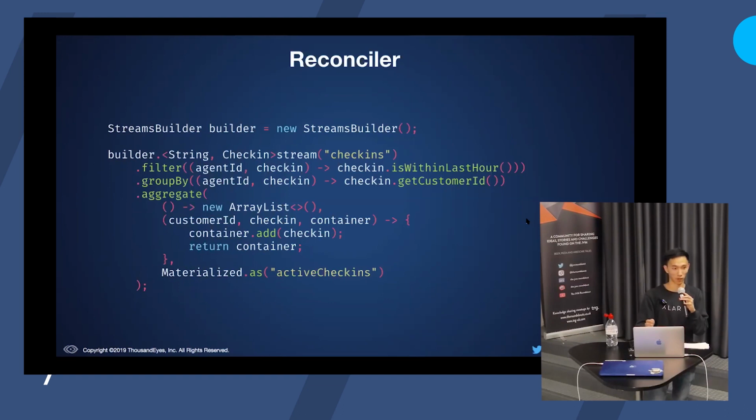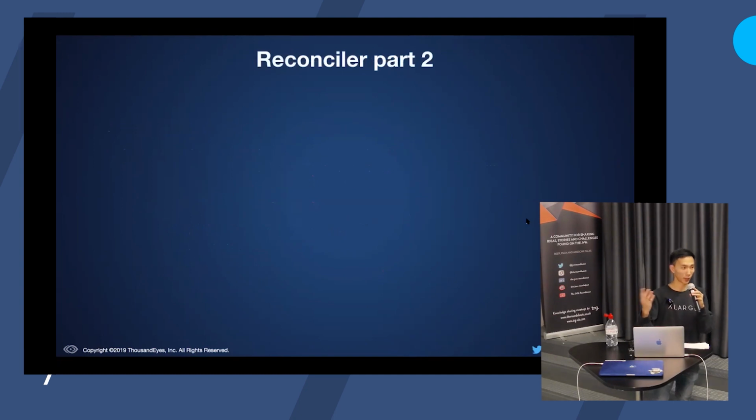And this will become clearer later. So as you can see, the aggregate method is very similar to stuff like reduce and collect. The next thing the reconciler needs to do is actually listen to the stream of test configurations, because ultimately that's what we want to react on, right?